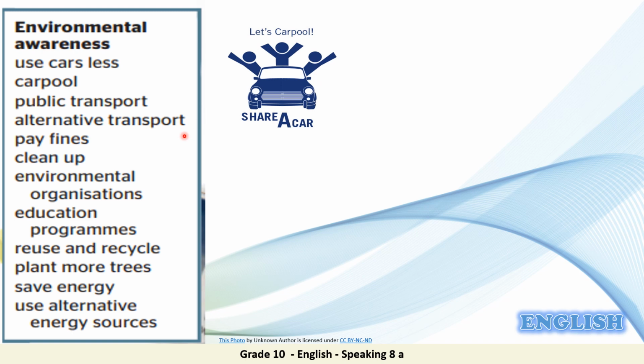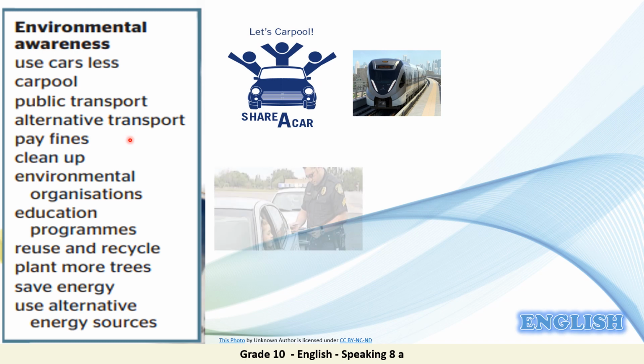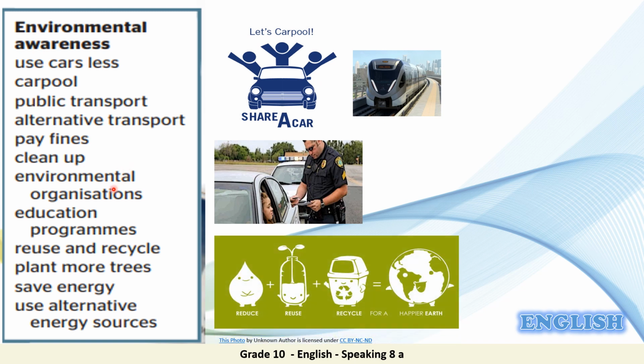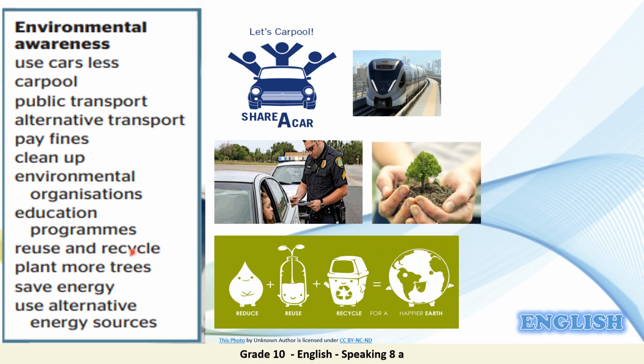And carpool here means that a group of people who travel together, maybe to work or to school, usually in a different member's car each day. So they all use one car each day. We have alternative transport, pay fines, cleanup, environmental organizations, education programs, reuse and recycle,